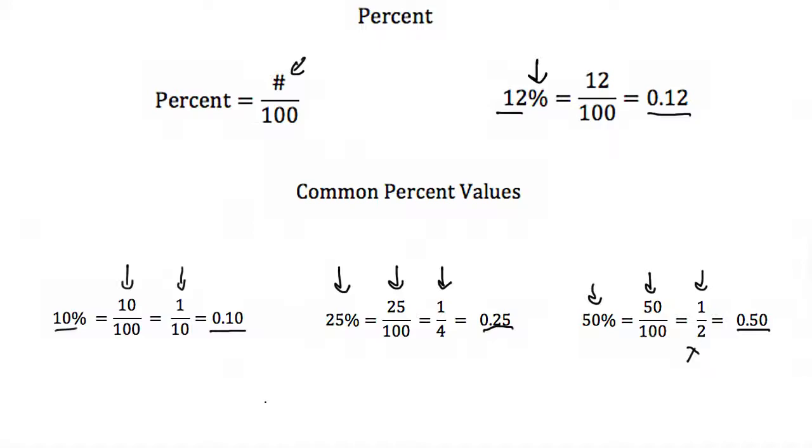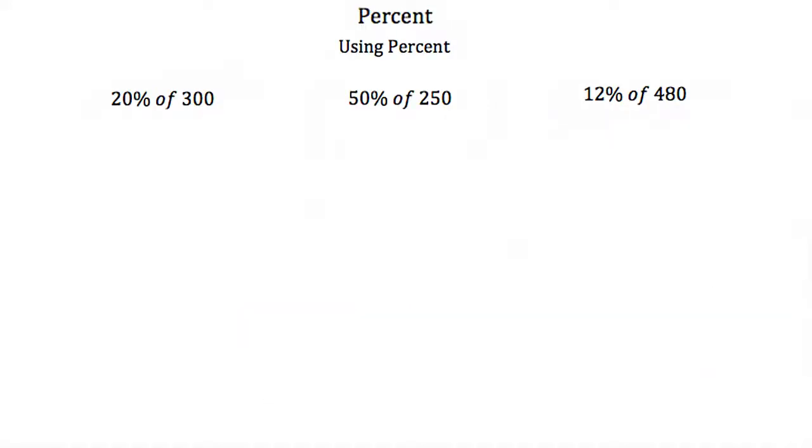So now let's see how we can use percents. Say we're asked to find 20% of 300. Well, you could use the proportion, which is 20 over 100, because that's 20%. And we're looking for 20% of 300. So the ratio of 20 over 100 has to be in the same proportion of some number over 300. So since these are the same proportions, we can cross multiply,